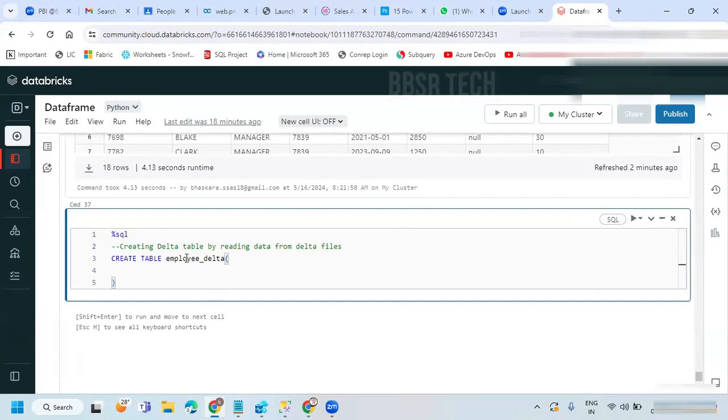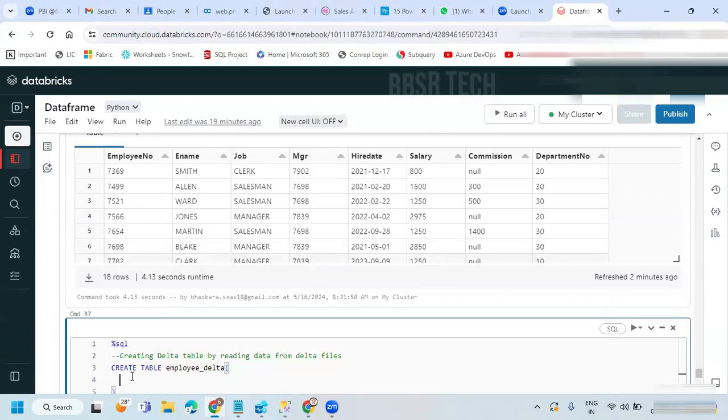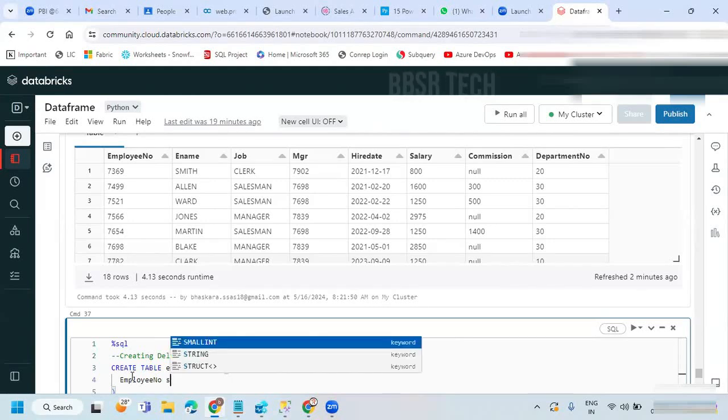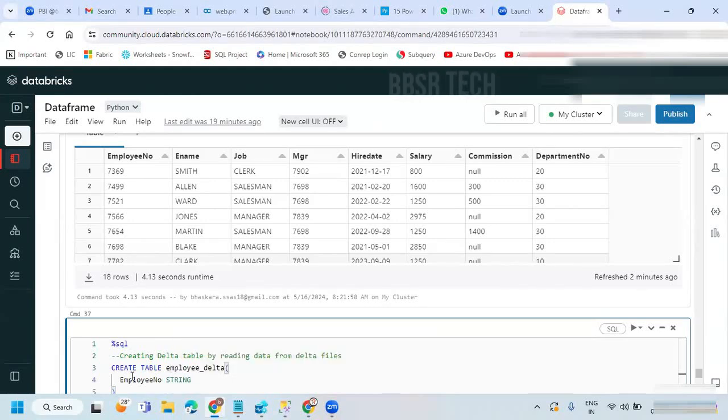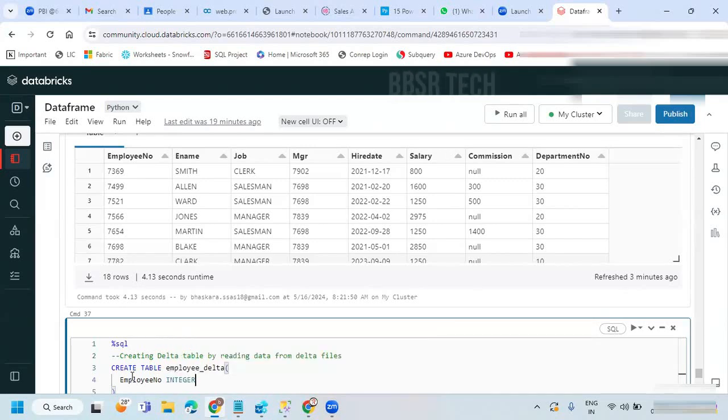I'm going to give the list of columns here: employee number as integer, ename string, job string, mgr integer,